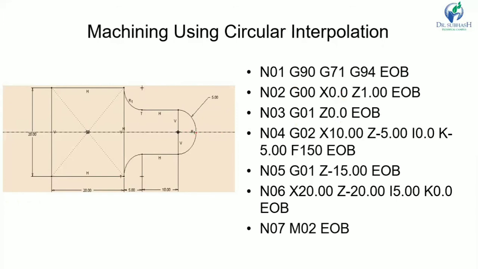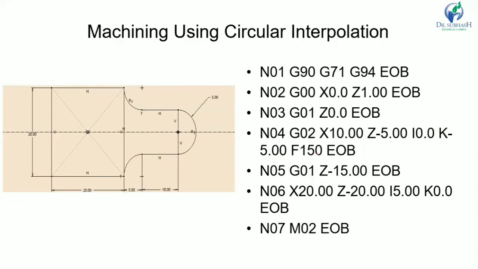Now the tool will touch here. Now circular interpolation clockwise, it will start from here: G02 X10 Z-5 I0 K5, feed